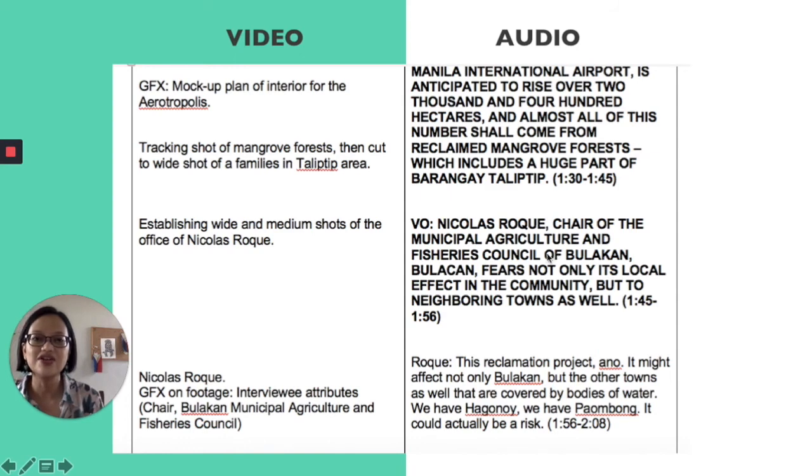Establishing wide and medium shots of the office of Nicolas Roque, who is a Municipal Agriculture and Fisheries Council Chair of Bulacan, happens in 9 seconds. Is that too much time? Maybe. Because we don't know what Nicolas Roque is doing while those wide and medium shots are being established. Is he walking in the office? Is the office empty? Is he talking to someone, etc.? If it's just shifting between wide and medium shots of the office, medyo boring yung 9 seconds na yun lang